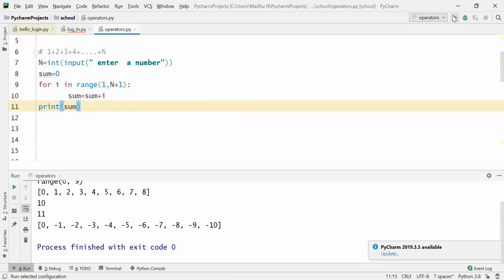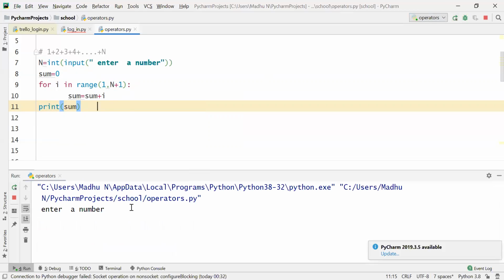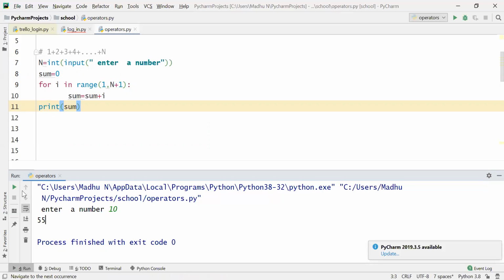Now if I execute this, what is the sum of natural numbers up to 10? 10 into 11 by 2, that is 55. Got it? What is the sum of natural numbers until 100? 100 into 101 by 2, that is 5050.